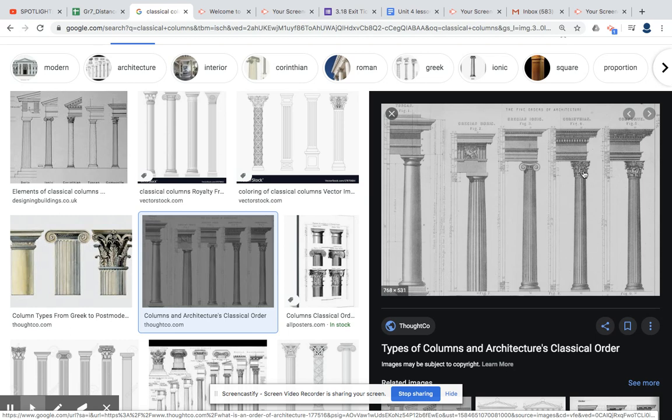Ionic, Corinthian. My dad actually, in our house in Los Angeles, put these columns in our house, and it